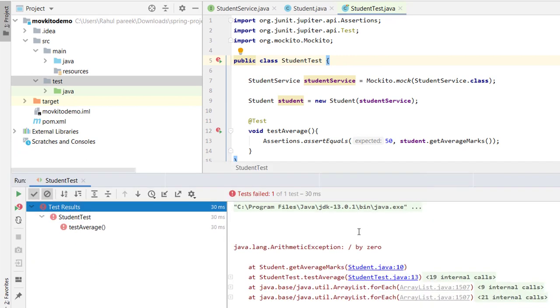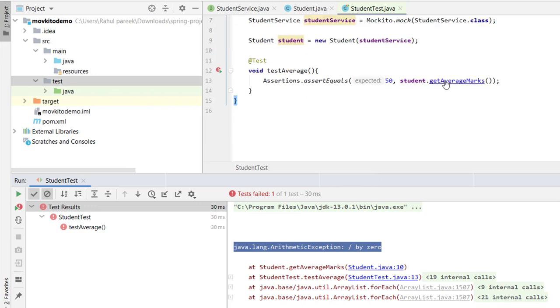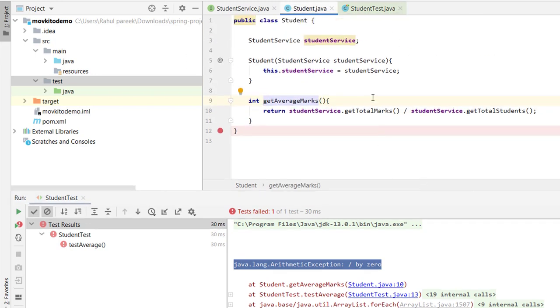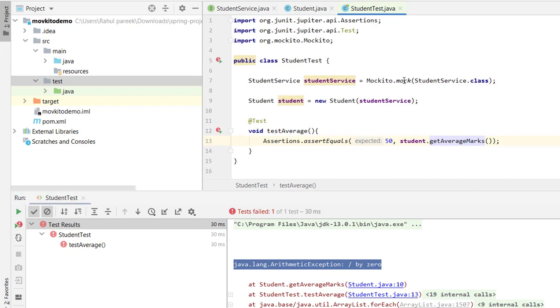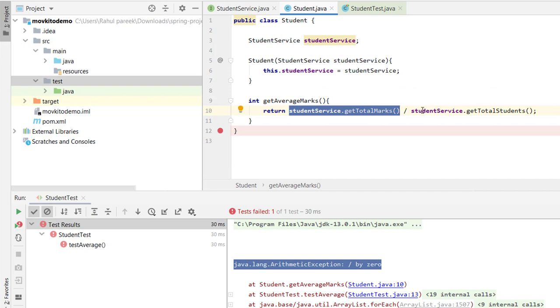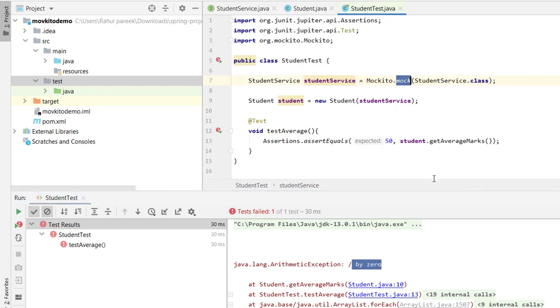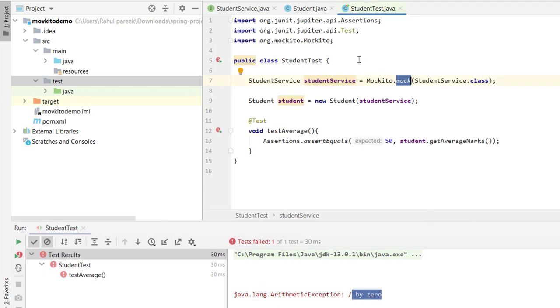So this time also our test failed because there is an arithmetic exception, but this time you can see that we are not getting the null pointer exception. It means our test case got run because we have initialized this object in here by providing this mock object, but it is not doing anything because we do not have the data for these two values. It is simply returning the arithmetic exception, divided by 0. Okay, now let us see what we can do in here.